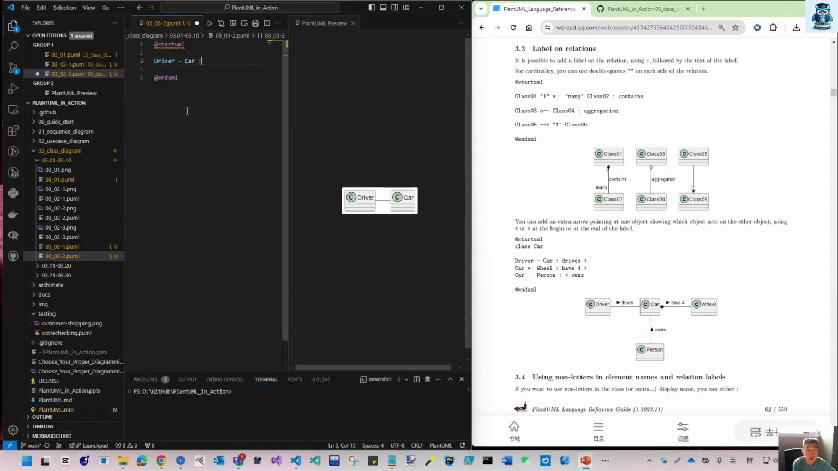We want this driver to car to go from left to right, and then we give our label: driver drives car. This is the label on the relation, but I want to have this arrow. You can do that on the right, so then that will come in here, at the beginning or at the end. So if I put it in here,